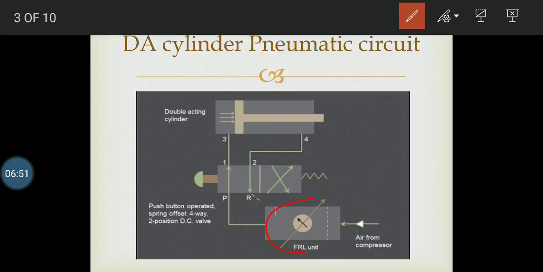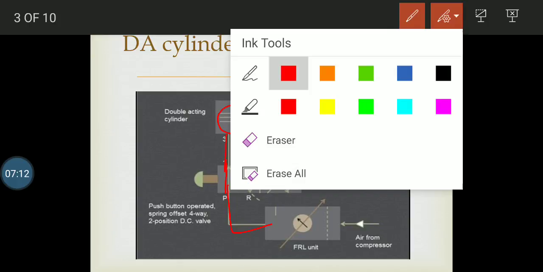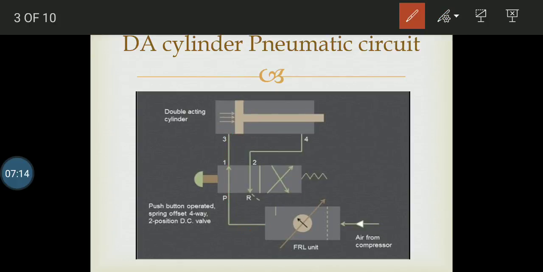So the FRL unit initially gets in contact with the flow, then it is allowed to pass from P to 1 and then 3. So from port 3, it makes an inlet into the double acting cylinder, allowing the fluid to get filled inside the cylinder from port number 3, because of which the piston gets moved from left to right. And once the piston gets moved from left to right, the area or the volume gets increased,